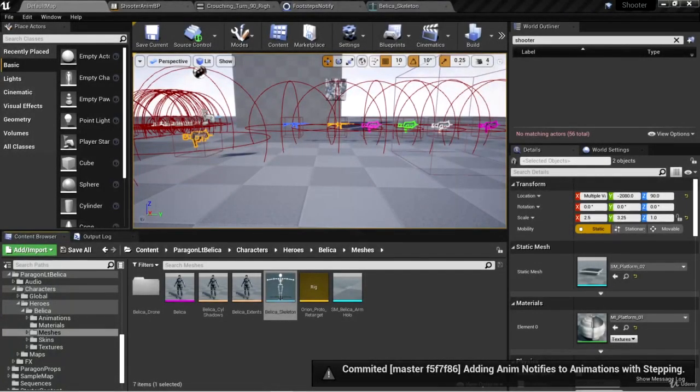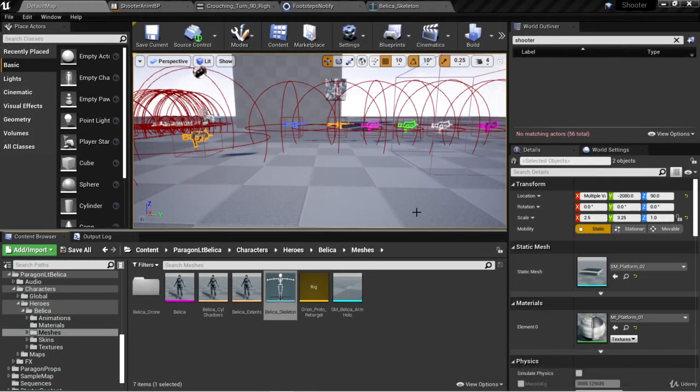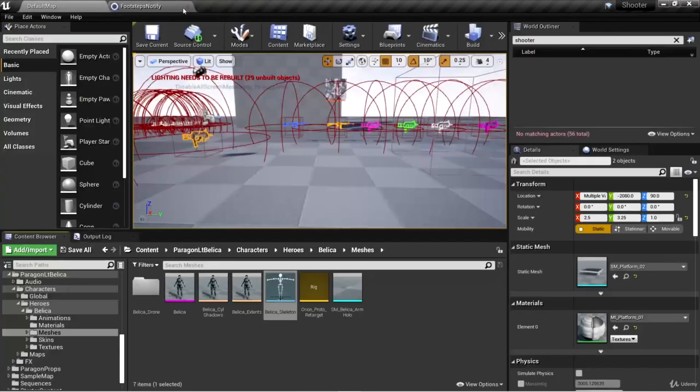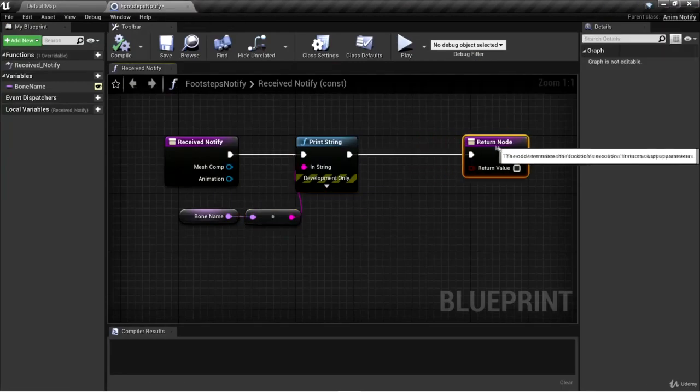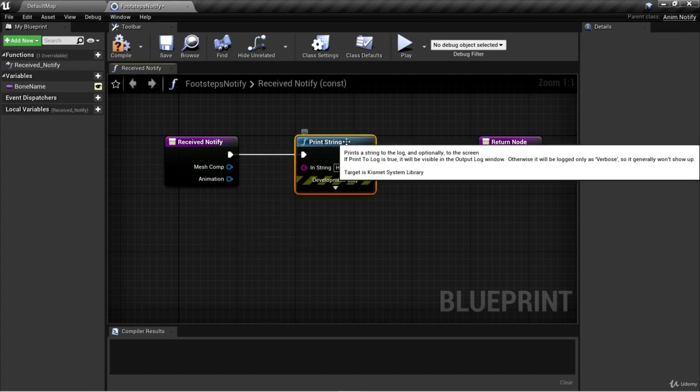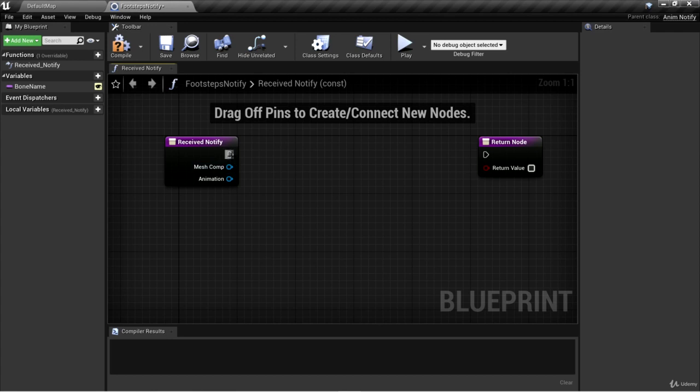Okay, we've got our animation notifies set up. We're ready to actually start doing something with our notifies. I'm going to close out of all of our assets except for footsteps notify. And here we're printing a string for the bone name. But instead of doing that, we can go ahead and start doing something a little more exciting, such as playing